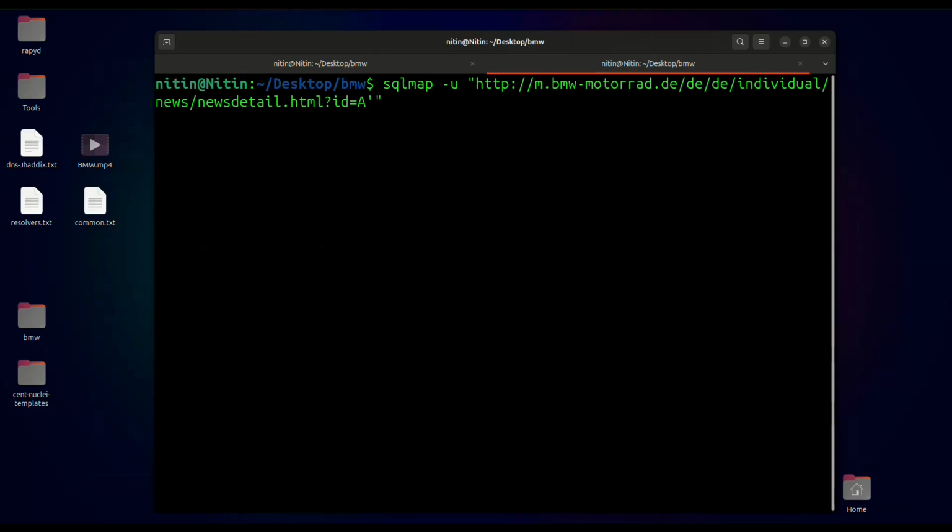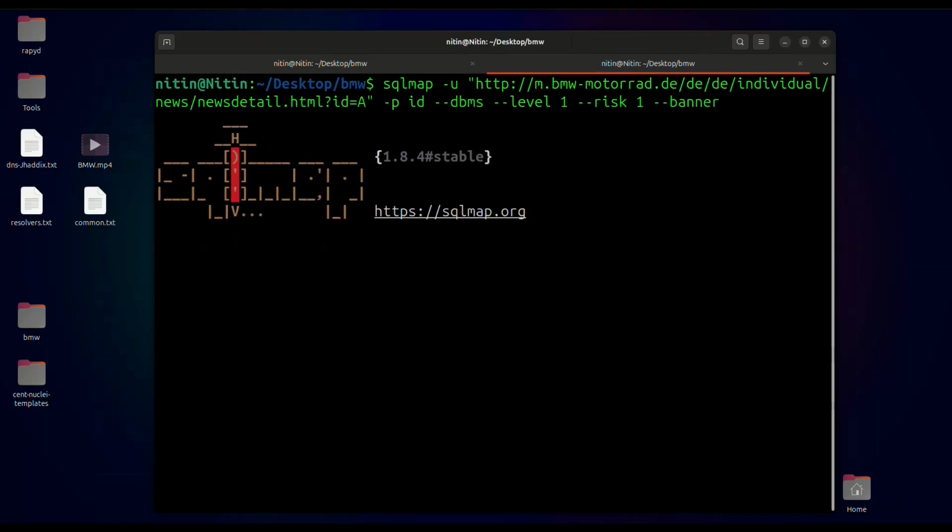Instead of this, let's do dash p for id, that is our id, and --dbms, and --level is 1, --risk is 1, and --banner. So let's just try it.